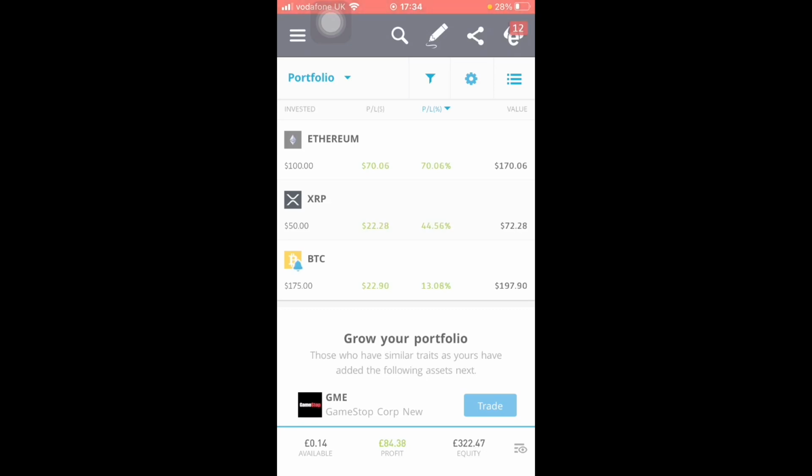I've averaged into each of these positions in $25 increments, and you can see I've invested $100 in Ethereum, which is now worth $169.90, or around a 70% increase. In Ripple, I've invested around $50, which is up around 45%, so its current value is $72.57. In Bitcoin, I've invested $157, which is up around 13% at the moment, so it's currently got a value of